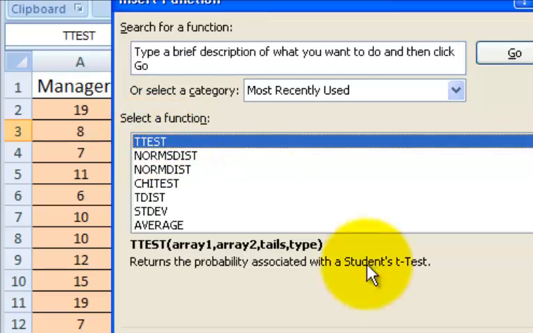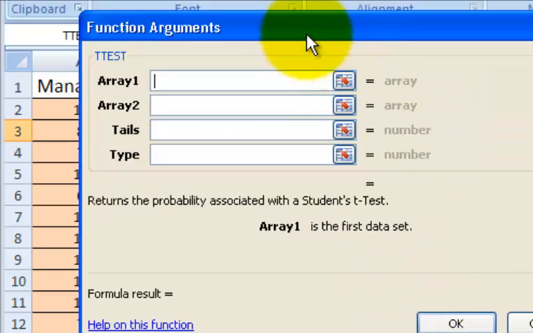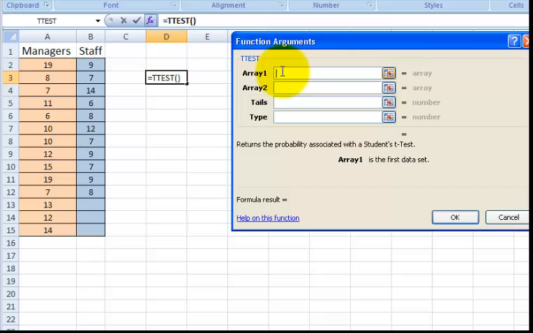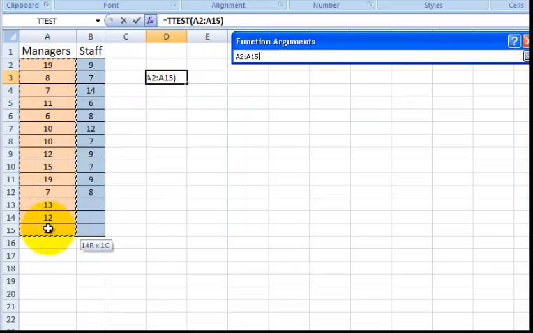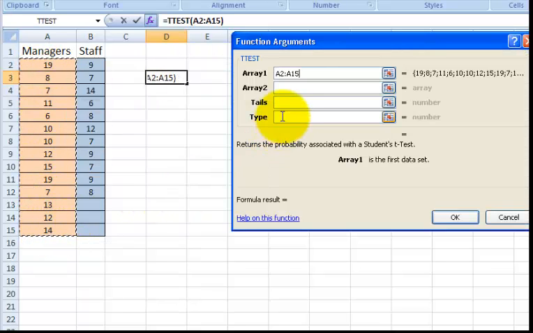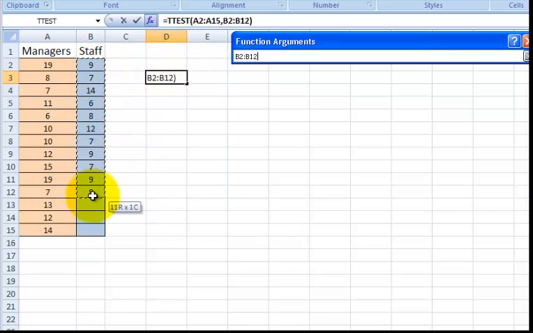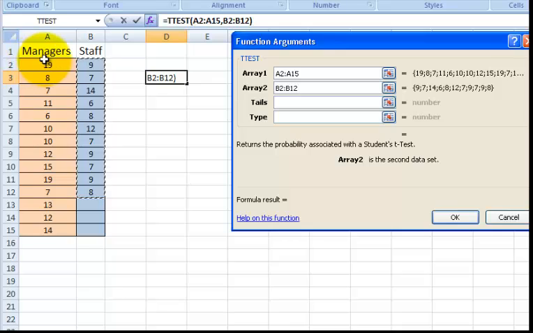and I'm going to pick a t-test. So make sure my clicker's in array 1. I'm going to drag here. Click the box, make sure it's in array 2, drag here. You'll notice that there's more managers than there are staff, so this is not a paired t-test. I will repeat that. Because the sample size is different for each group, it's not a paired t-test. It is number 2, it is